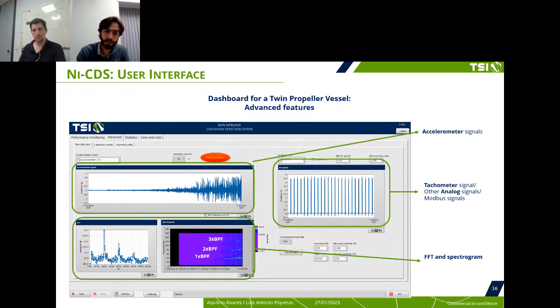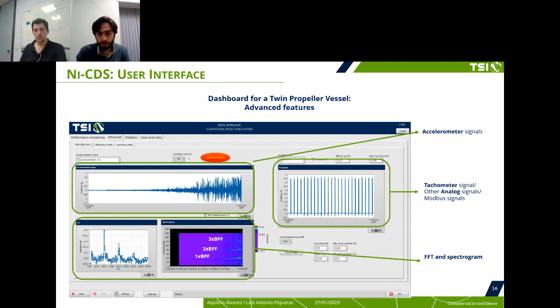Similarly, we have here the time domain data from the accelerometers, and the data processed to show the spectrum of the propeller. In the lower line, down below, there's the blue graph, where you see the time